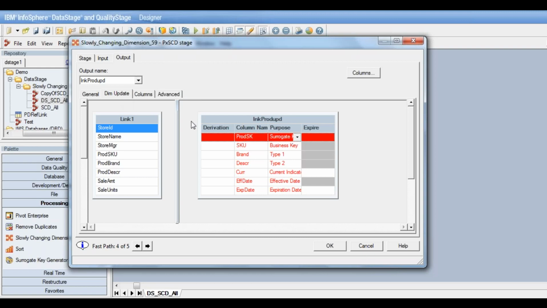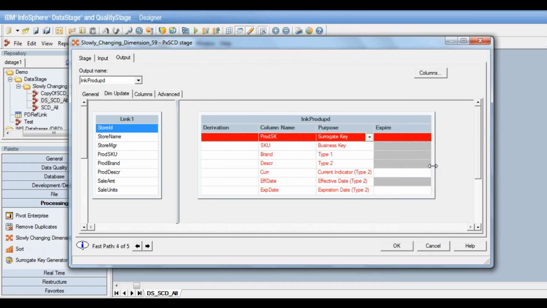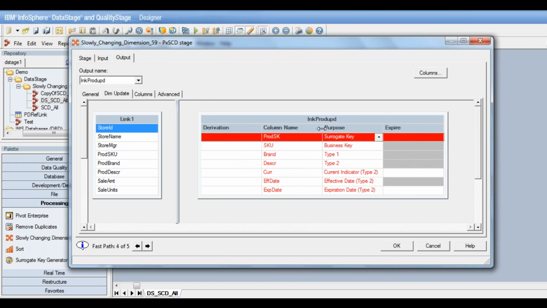So here we need to define a couple of things. So it already has all the attributes which will be existing in the dimension table. It has already pulled those attributes to the output link. We have the surrogate key, we have the purpose codes defined because we had already defined them earlier. We need to define a derivation now for each of these columns. So the first column is defined as a surrogate key, and I have defined a surrogate key generation technique using a flat file.